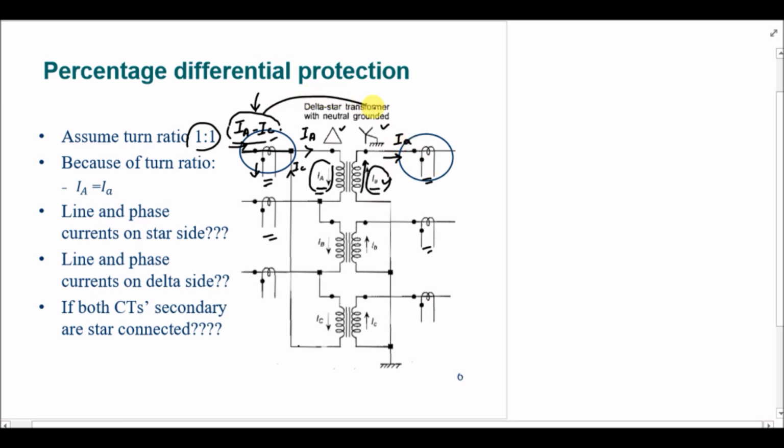We have a phase difference of 30 degrees between these two currents. So we have to make such connections of the CT so that we should not have this 30 degree phase shift. Otherwise we will not be able to get accurate results, right? So what we do,